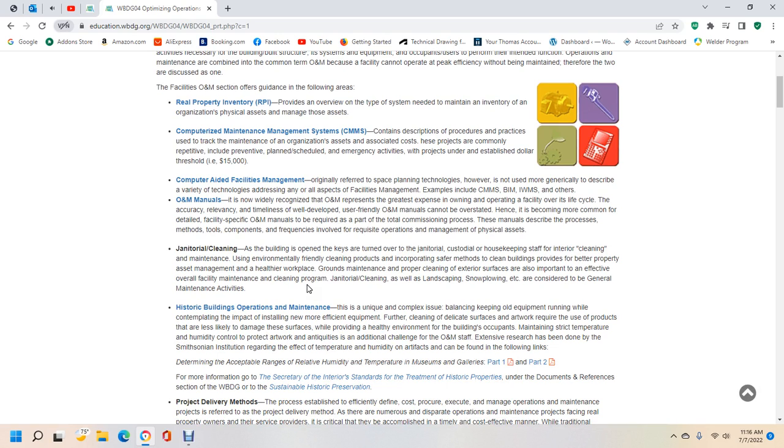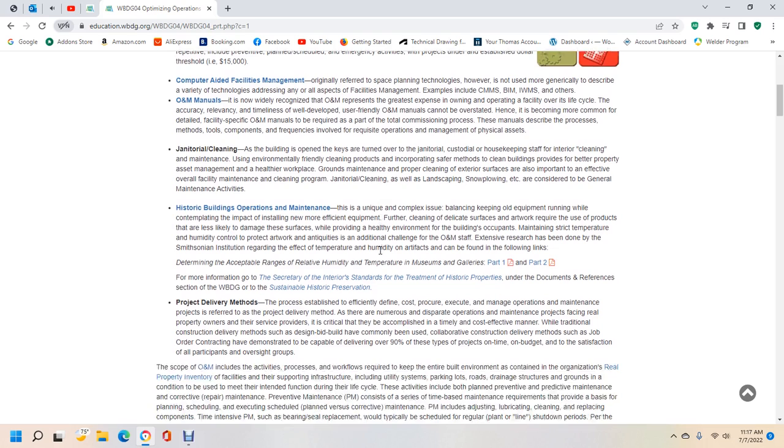The operation and maintenance manual represents a great expense for the owner operating a facility over its life. The accuracy, relevancy, and timeliness of well-developed, user-friendly operation and maintenance manuals cannot be overstated. Hence, it is becoming more common for a detailed, facility-specific operation and maintenance manual to be required for the total commissioning process. These manuals describe the processes, methods, tools, components, and frequencies involved with the requisite operations and maintenance of